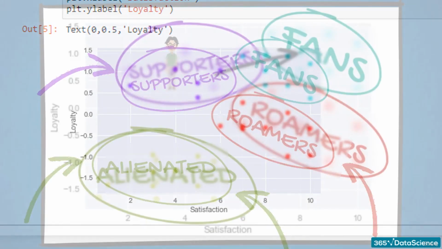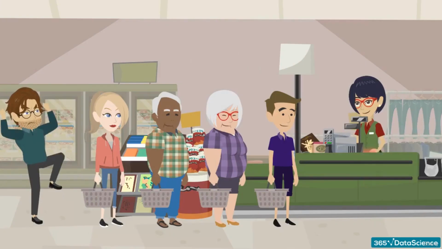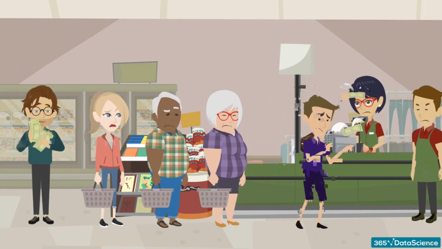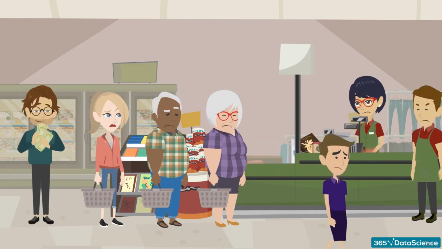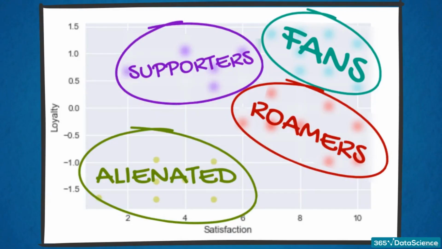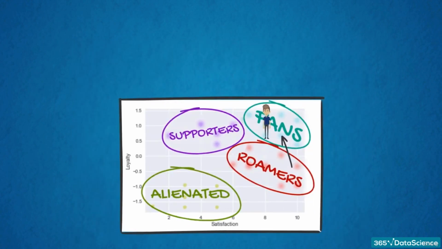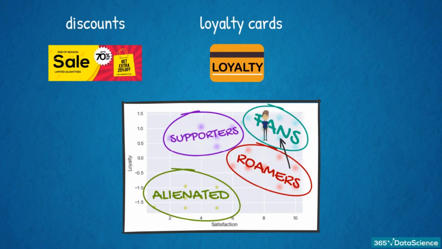It makes sense to focus our efforts on turning supporters into fans by improving their shopping experience. Normally, we would have to dig deeper to find the drivers of dissatisfaction in these customers. Maybe it is long queues, or unfriendly staff, or perhaps high prices. Whatever the reason, we must take actionable steps to fix the issue and make our customers happy. Simultaneously, we can do something else. We can turn roamers into fans by increasing their brand loyalty. Loyalty cards, personalized discounts, vouchers, and raffles are different strategies used to make